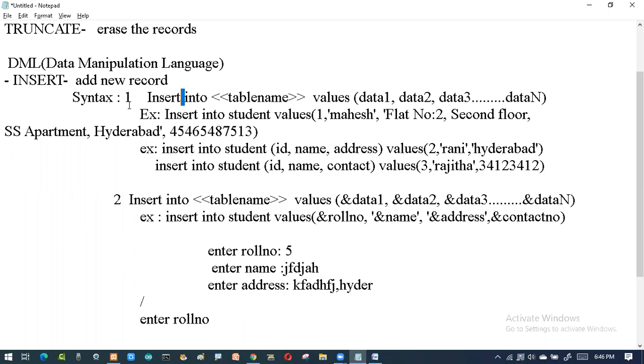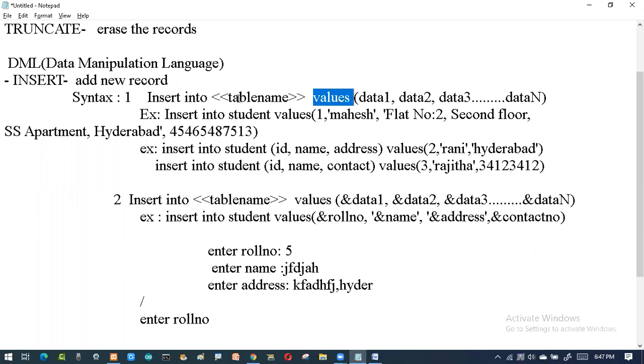So what do you want to do? I want to add the records. So what is the command? There is something called the insert command in DML. DML is data manipulation language. So how am I going to manipulate? There is a structure, and the structure is already there. I want to add a new record, so the command is insert. Then where do I have to insert? In that table, so into is the word you have to remember. What do you want to insert? Values. I want to insert some data, so we call that values.